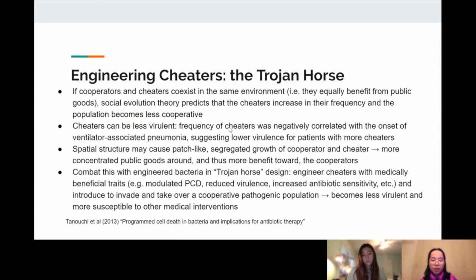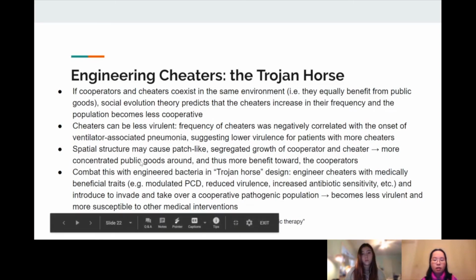So the frequency of cheaters was negatively correlated with the onset of ventilator-associated pneumonia, suggesting lower virulence for patients with more cheaters. So this is the less virulence of cheaters, but the cheaters still surviving has been already observed. Now,